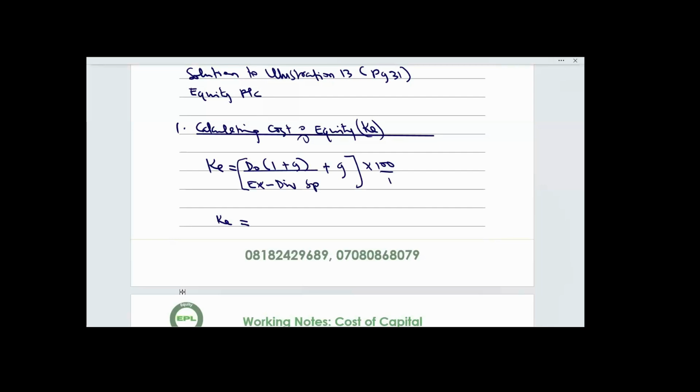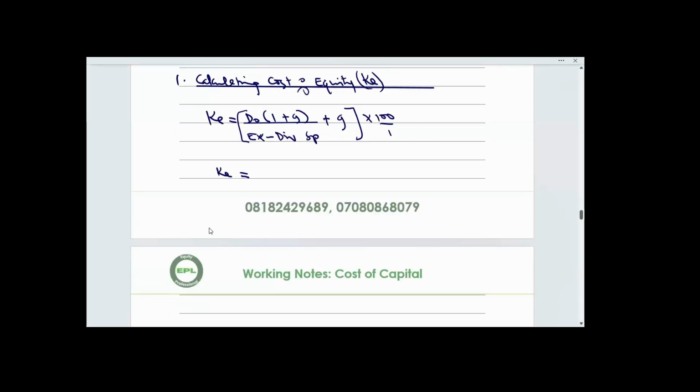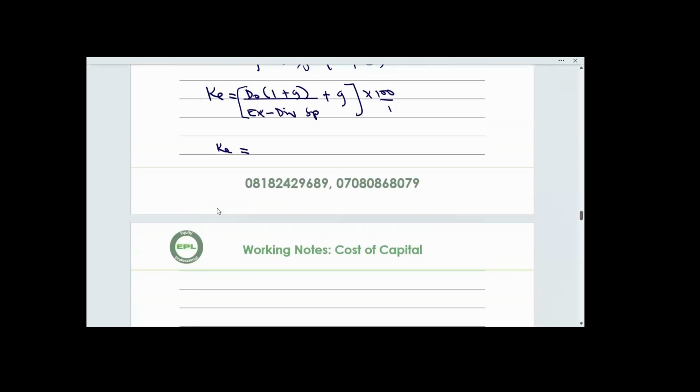Therefore, KE. Now, at this level, I can decide to use par value or absolute value. Whether I use par value or absolute value, I'm still going to get the same answer. Why am I saying this? In the question, the dividend given to you is absolute value. The current dividend is 810,000, but the XD share price is par value. It's not total value. Therefore, I need to convert one so that I'm using apple for apple. If I want to use absolute, let's even try the two. So let's start with absolute value to save time.